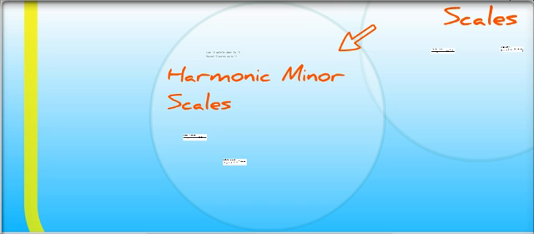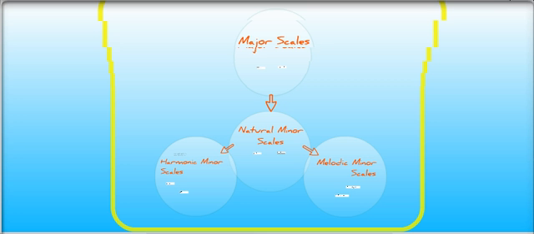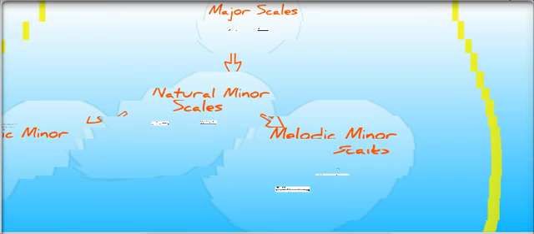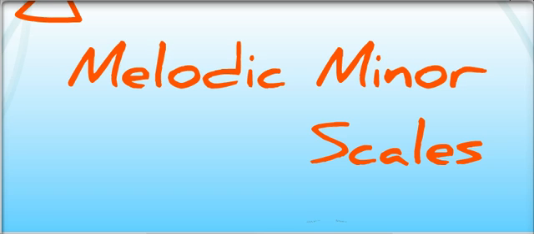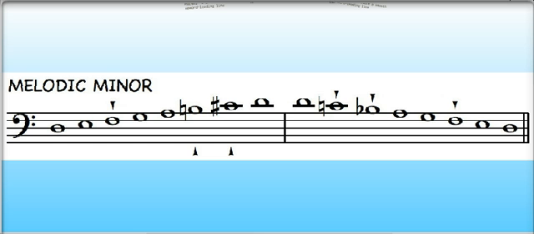It didn't fit with the style for common practice European composers, and so musicians would often find a different solution to their scale structure when they were working with melodic lines. They wanted smooth melodic lines in a minor context. And so we have the melodic form of the minor scale. It's unusual because it's different depending on whether the scale is ascending or descending. If I start on D3, as in this example,